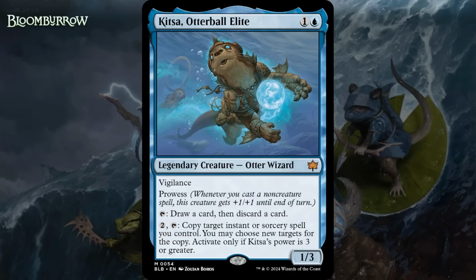You can tap it to draw a card and then discard a card. And you can pay 2 generic and tap it and copy target instant or sorcery spell you control. You may choose new targets for the copy. Activate only if Kitsa's power is 3 or greater. So this is mostly a 2-mana 1/3 with Vigilance and Prowess that can tap to loot, and that is a